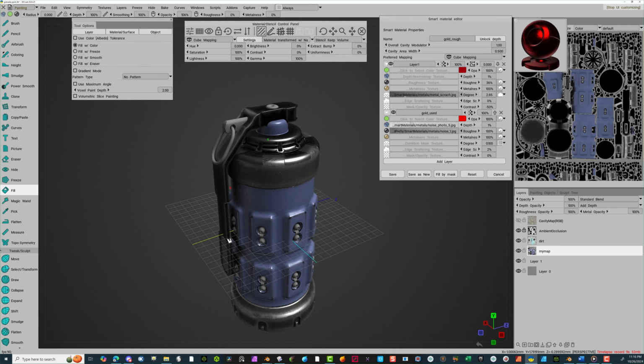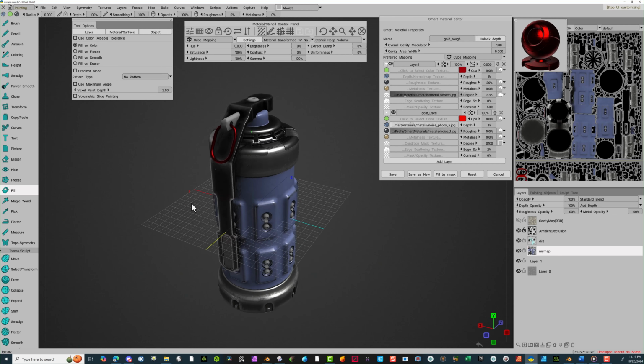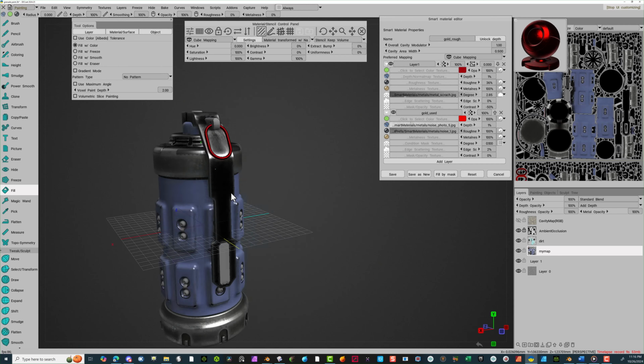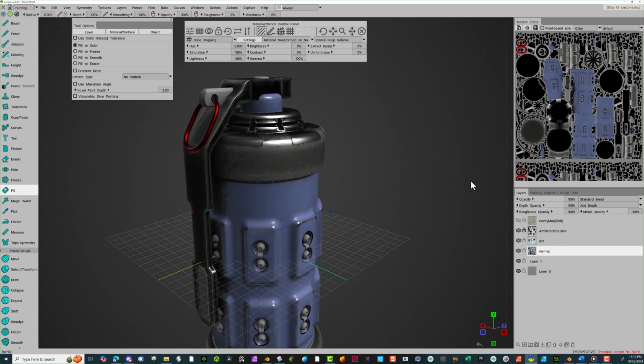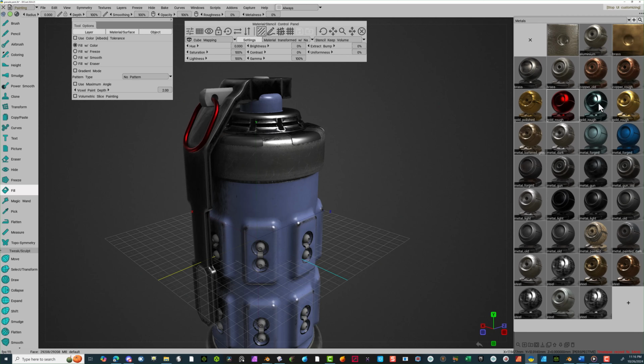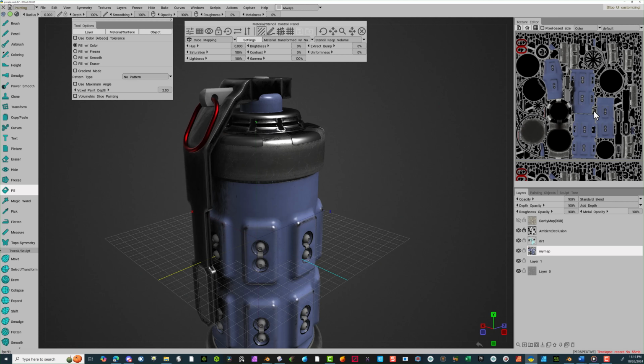Reddish metal. And now I can select this. There we go. It looks really nice. Very bright red. And we can save that. So I'm going to do the same thing on this one. I'm going to go ahead and again duplicate this,